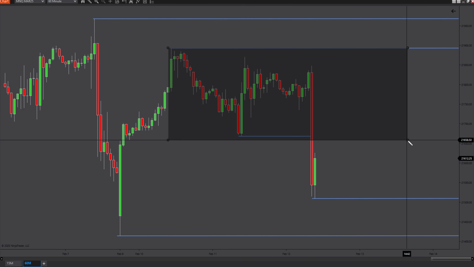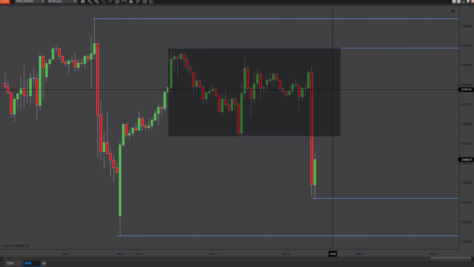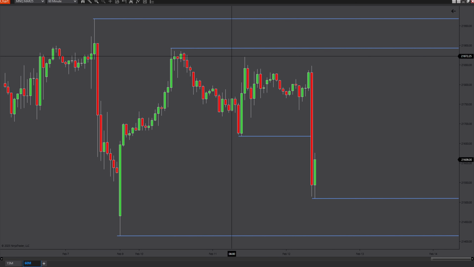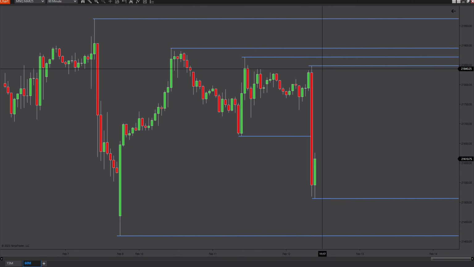This, to me, right here, all this right here looks like accumulation. So we have accumulation, manipulation, distribution is what we could be having play out here, because I don't like all these tops. If you look at all these tops here, we have this right here, and we have this one right here. So we have all these stacked highs right here. So I'm thinking,